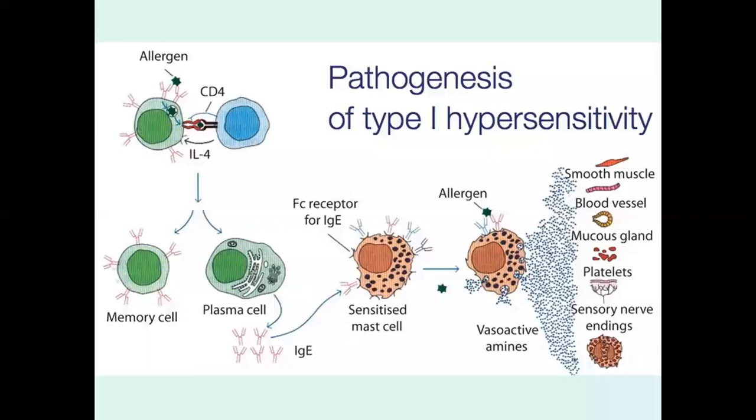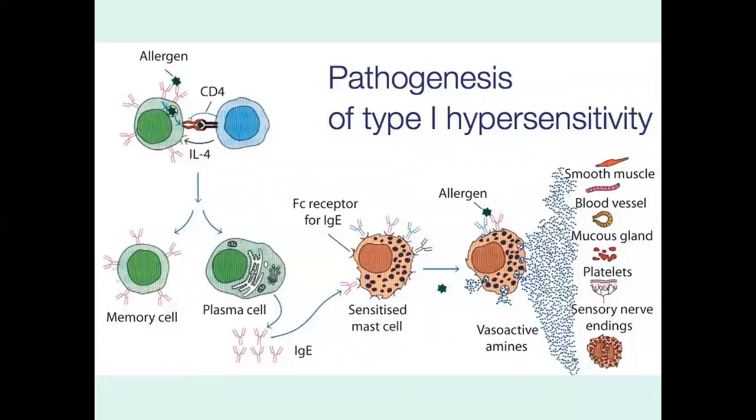So this is the diagrammatic representation of pathogenesis of type 1 hypersensitivity reaction. Mast cells are involved. IgE antibody is already produced with the previous first exposure. They are present on the mast cells. Again, when the antigen is exposed, the antibody present on the mast cells is exposed to the allergen or the antigen. They are going to form an antigen antibody complex, and they are going to expel the histamine, serotonin, and many